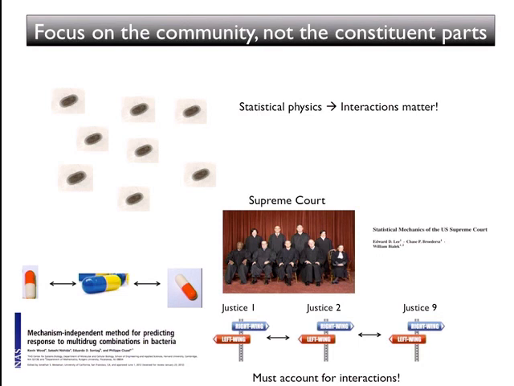But if you apply one antibiotic, it kills the bacteria. You apply a second one, it also kills the bacteria. Sometimes when you put them together, they don't work anymore, right? The population survives. And it turns out that it's very hard going from single drugs to two drugs to predict what happens. But if you know the pairwise interactions between drugs, you can predict higher order combinations very well. So it's the same type of thing. Same laws are governing the Supreme Court and antibiotics,